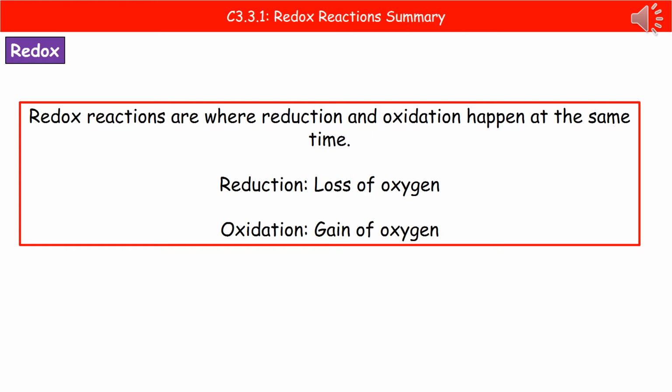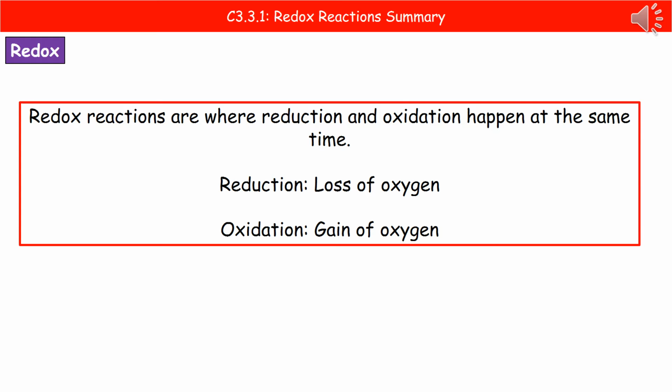So if we split redox up into two, the RED there tells us that we have a reduction and the OX refers to an oxidation. So a redox reaction is one where we have both a reduction and an oxidation reaction happening at the same